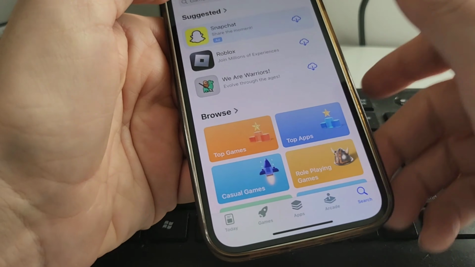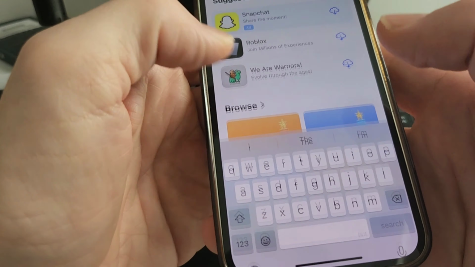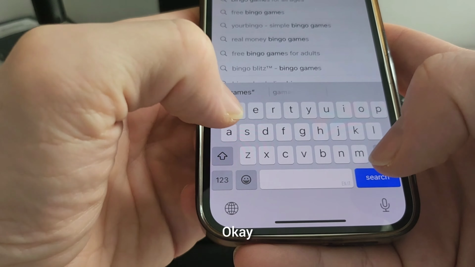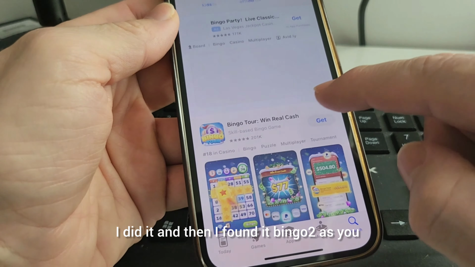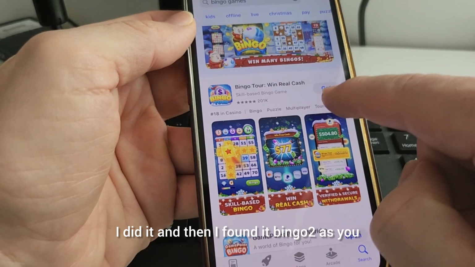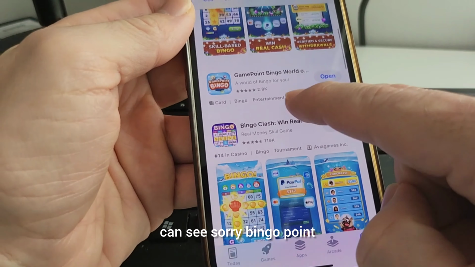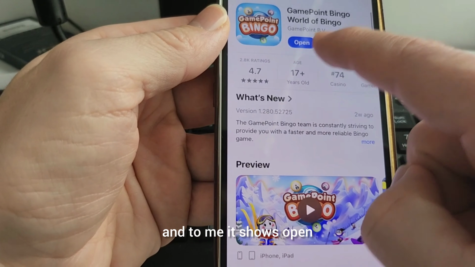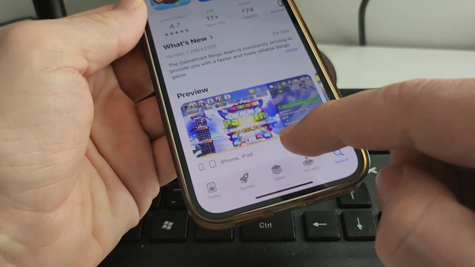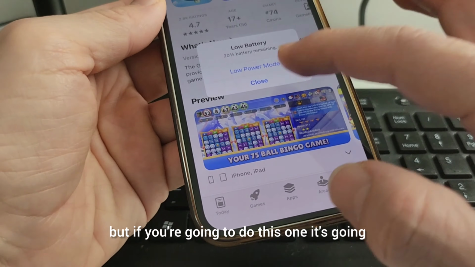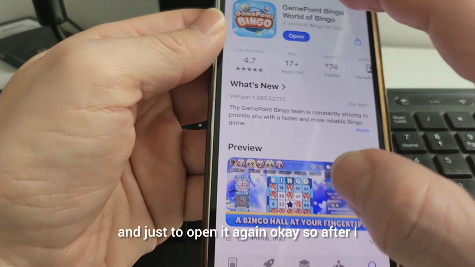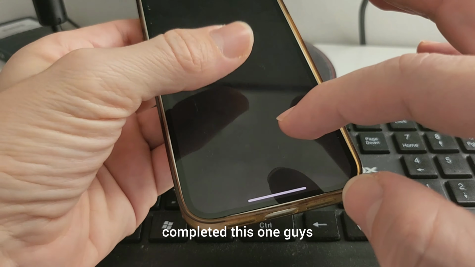If you're using Android, it's going to take you to the Play Store as well, and it says here to type bingo games. Okay, I did it, and then I found it. You can see Bingo Point, it's over here, and to me it shows open because I did it before, but practically if you're going to do this one, it's going to show you to download it and then just open the game, okay? So after I completed this one, guys,